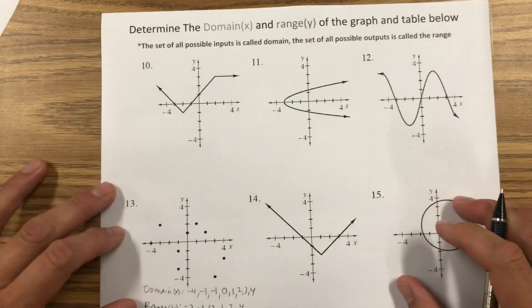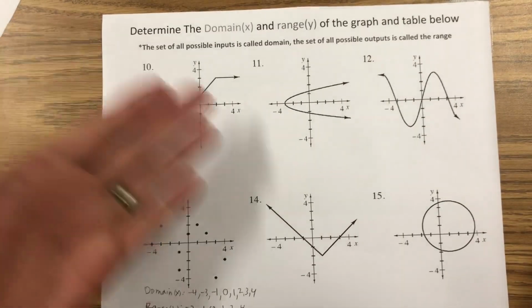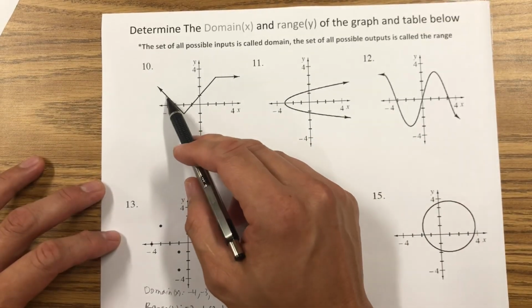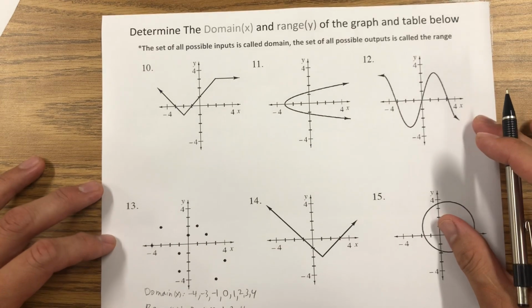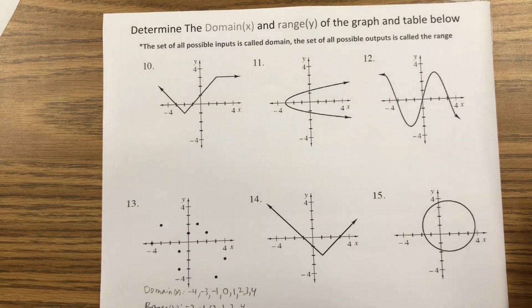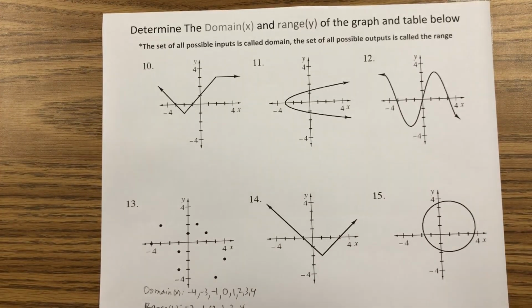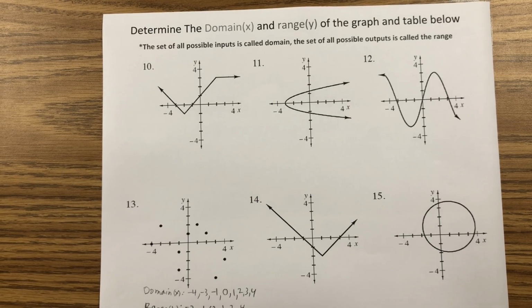Now, for a graph that looks like this, these are continuous graphs. You can't write down every single number that represents this graph. That's going to be way too long. There's another way of writing it, and I'm going to show you how to do that. Before we get started on that though, when you're doing a problem like this that's continuous,